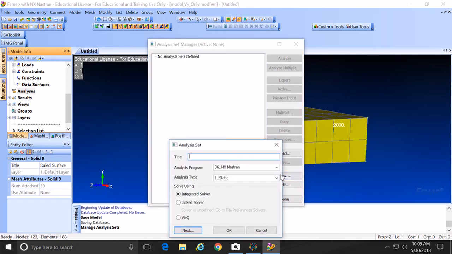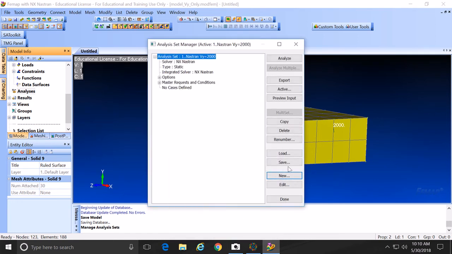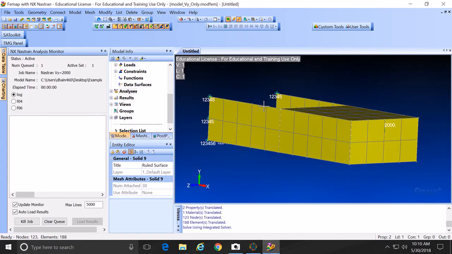You click on new. You can put a title if you want, say, Nastran VY equal 2000, okay? I'm still going to do two different models. You can put everything in one, but I already do different models. So static, you can click OK. And once you get here, you can click Analyze. Hopefully, it will run it. Sometimes you get errors more often than you think, but